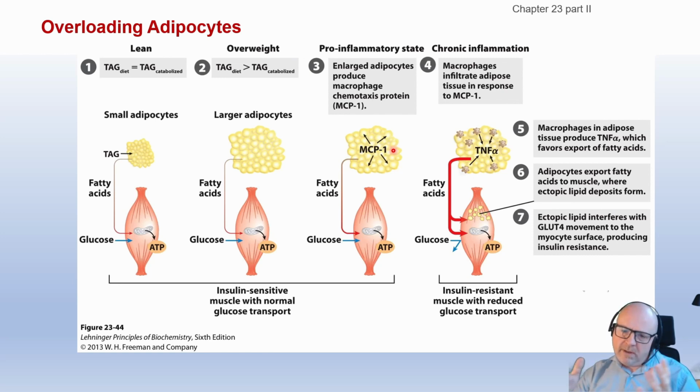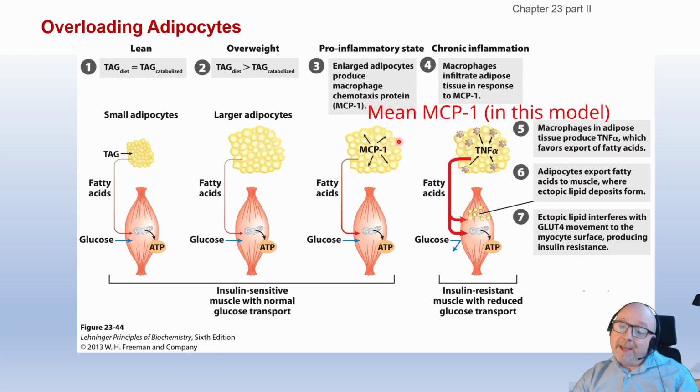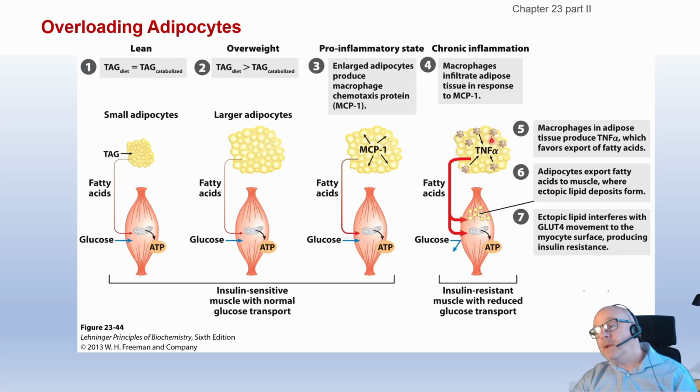We were only interested in the endocrine functions that were signaling to the brain or other tissues, but actually they are also an immune tissue, and they produce, for example, TNF alpha, and then this will attract immune cells to the tissue, acting like it was an inflammation, and they will start attacking the tissue and infiltrate, macrophages infiltrate adipose tissue in response to MCP1. Macrophages in adipose tissue produce the TNF alpha, it says in the book, but actually this visceral,